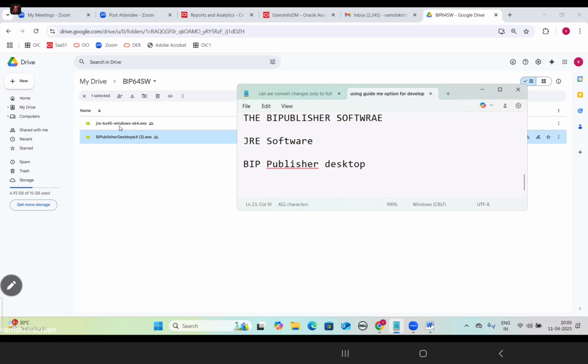I will share these two softwares to you guys after the class. First, you need to install this one. Second, you need to install this one. So don't install first this one, second this one. First should be this one. Second should be this one. So once you install the software, make sure that guys,